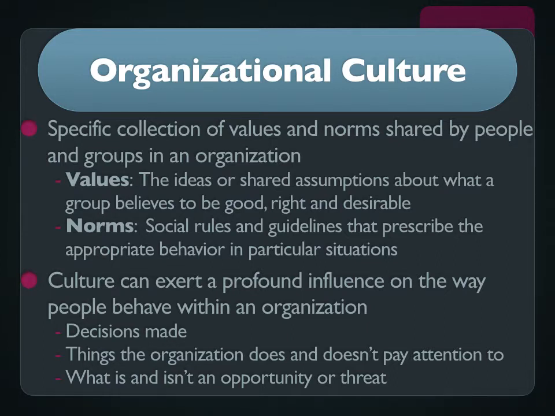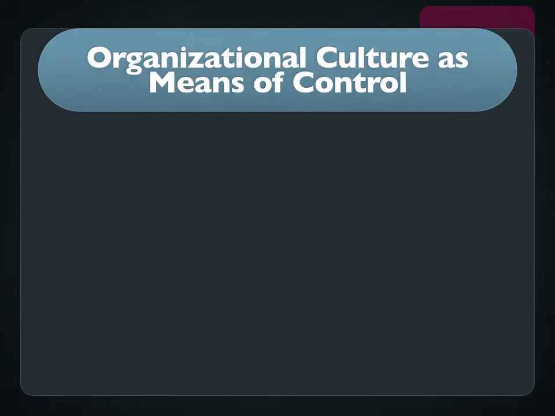So we talked at the very beginning of the semester when we talked about heuristics and biases and looking at a hamburger and different ways of seeing a hamburger. Well, a lot of the factors that influence how we see that hamburger are the culture, and we know that organizations have their own unique and distinct cultures, as any group of people would have. And so culture can be an incredibly powerful tool, and a means of control.